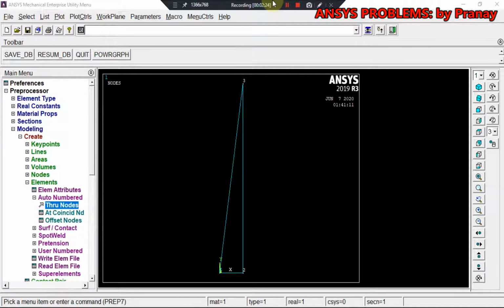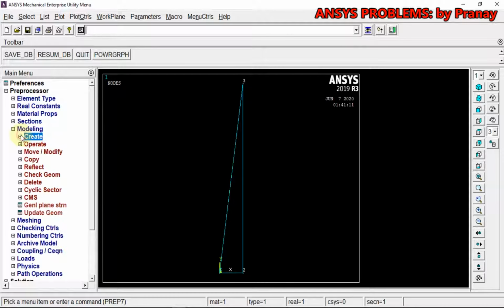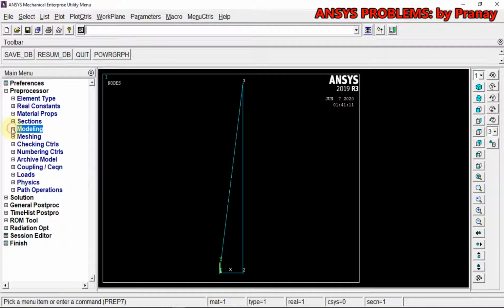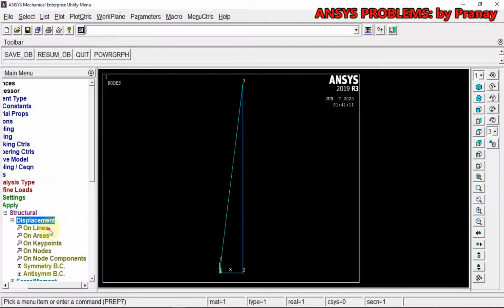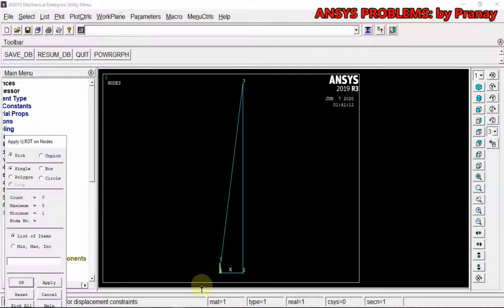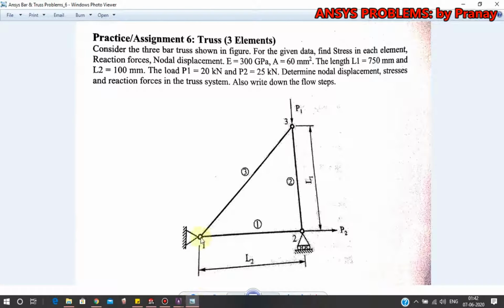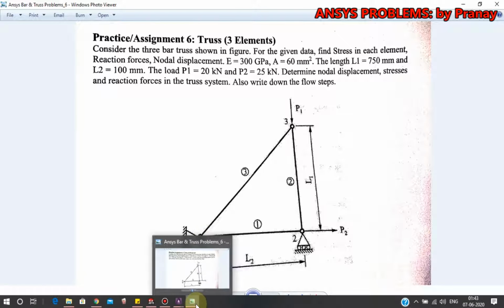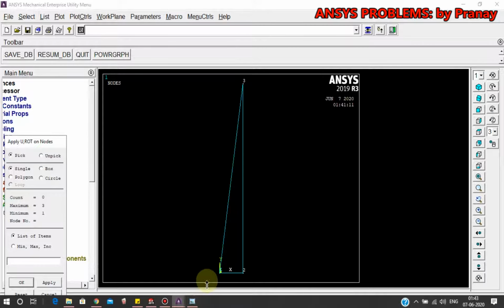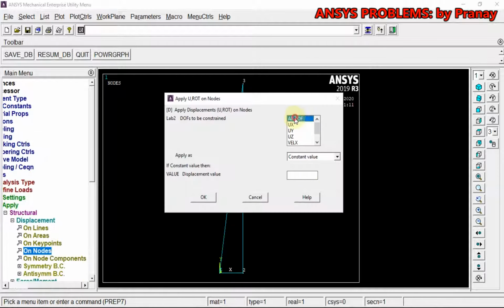Next, as we have already modeled it, there is no need to mesh it because it's already a FEM model. The next thing we are going to do is apply the loads: define loads, apply, structural displacement on nodes. The first node is fully constrained, so for the first node, apply all DOF.